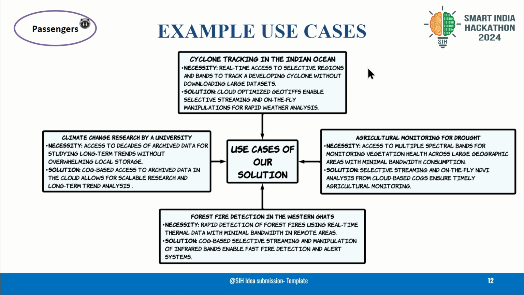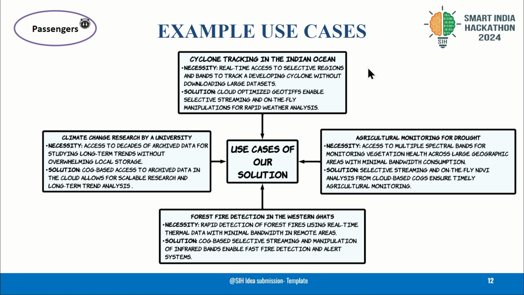So, cyclone tracking in the Indian Ocean. First, the necessity is real-time access to selective regions and bands to track a developing cyclone without downloading the vast dataset. And our solution is that cloud optimized GeoTIFFs enable selective streaming and on-the-fly manipulation for rapid weather analysis. Similarly,